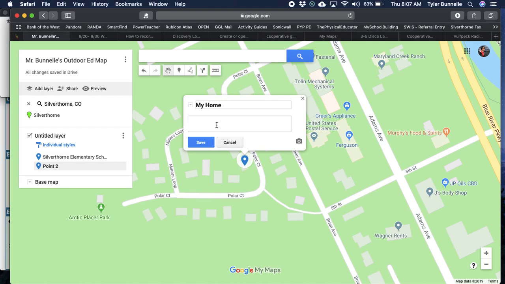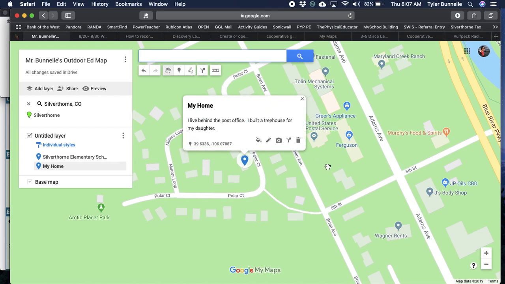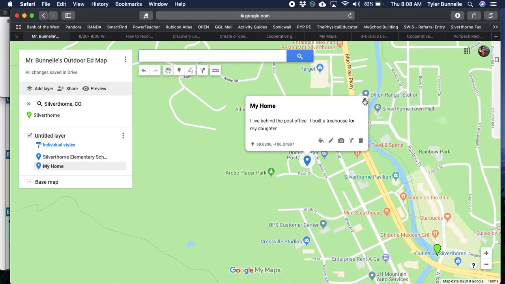And I'm going to put my home and then a little blurb. I live behind the post office. I have a tree house. I built a tree house for my daughter. And save. Alright, so now we can zoom out,